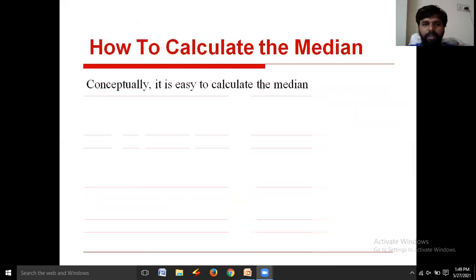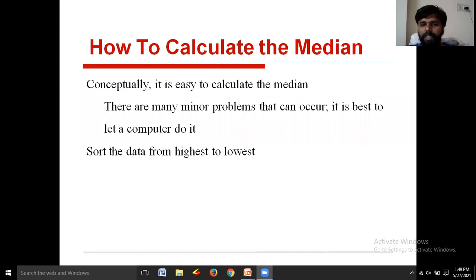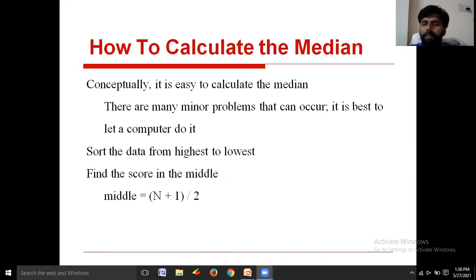Then coming to the next one, that is median. Median is the middle value. Here the middle value is calculated using 2 steps. The first step is to arrange all the elements in sorted order, which is descending sorted order, meaning the big value comes first, then the small value is placed. Then we need to identify the middle value. To know the middle value, we are using the formula: middle value is equal to N plus 1 by 2.